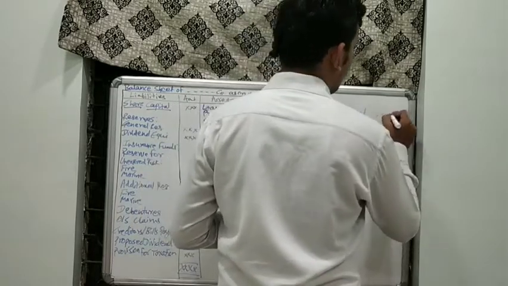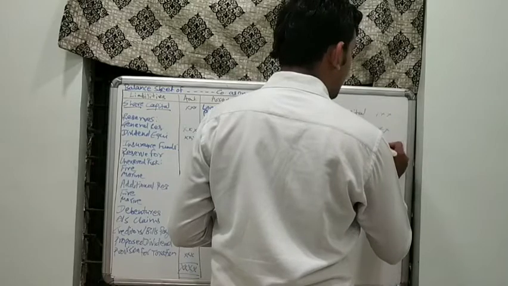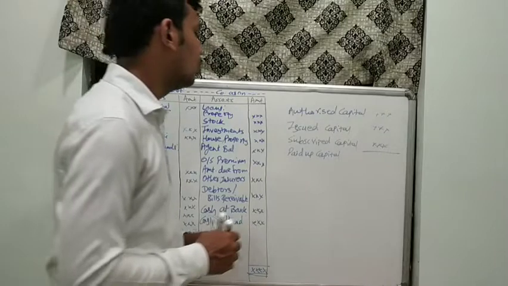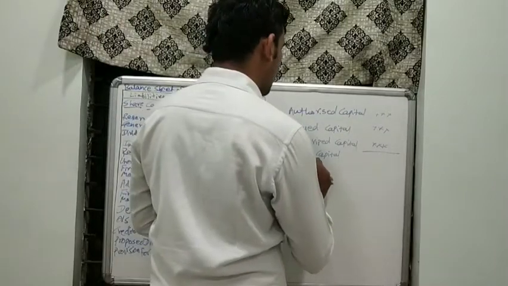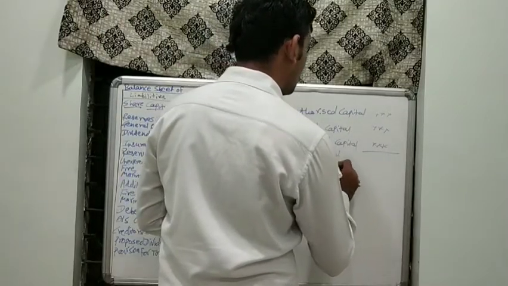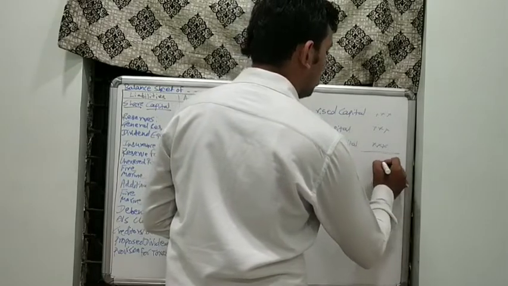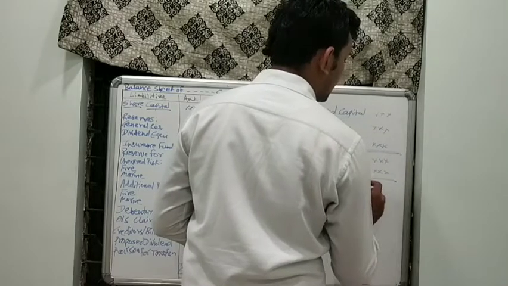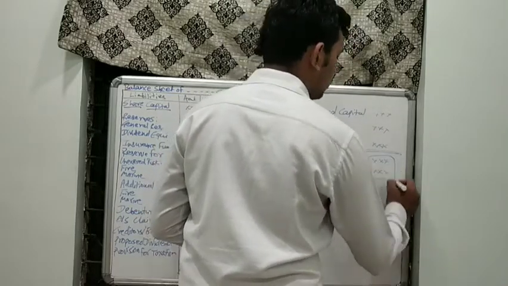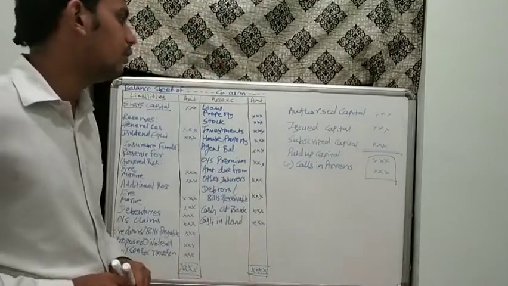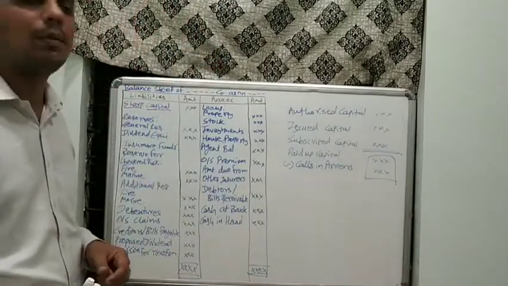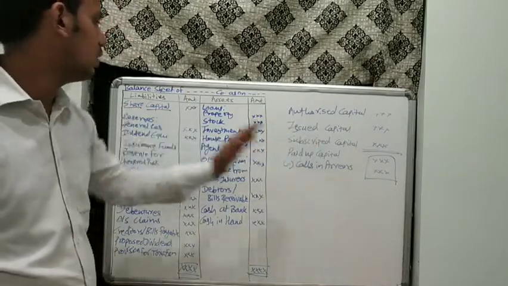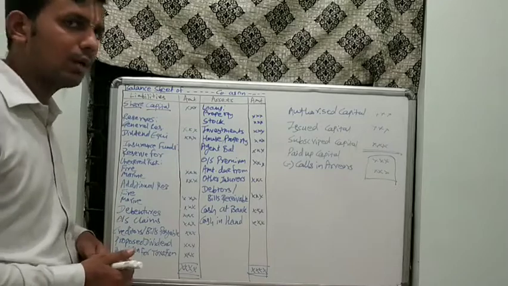So all these capitals would be provided or may be provided to you in the question, but the first three would be taken into the inner column. Only if you have to, take paid up capital minus calls in arrears. This would be the final capital amount which we would take into the question. That would be the amount which has been boxed by me, into the head of share capital. You would write all the things here. Because of space issue I have written it on this side, but you can write it after the head of share capital.